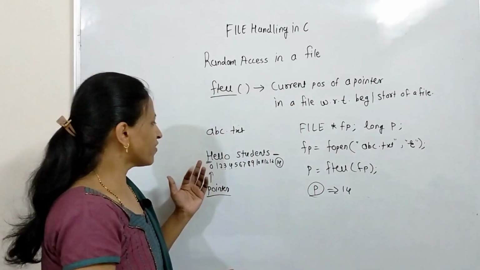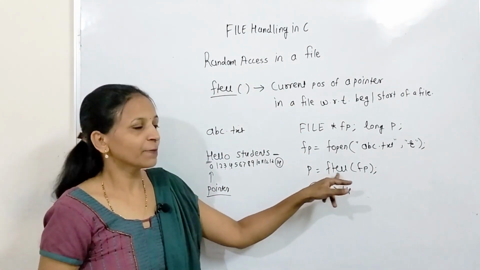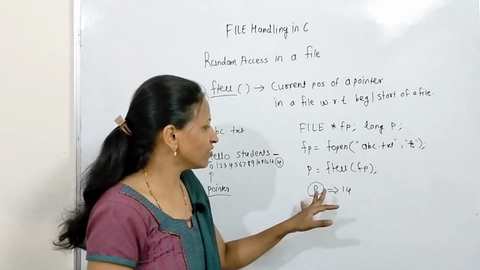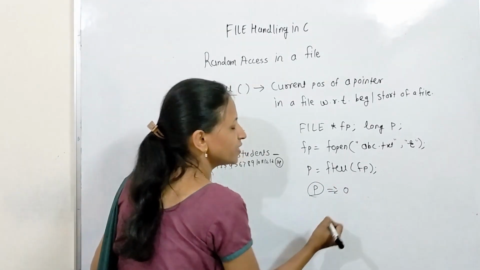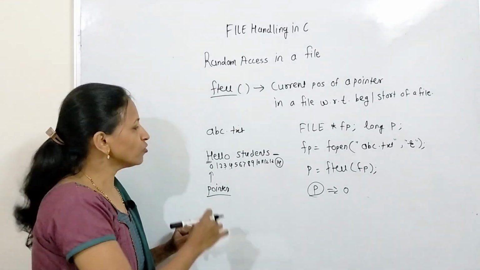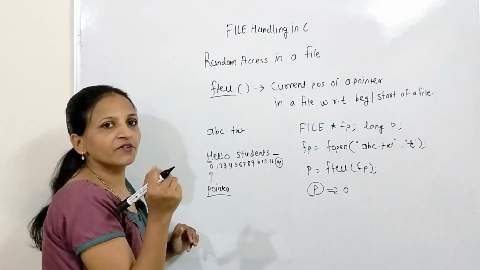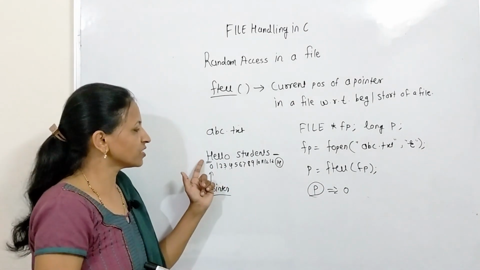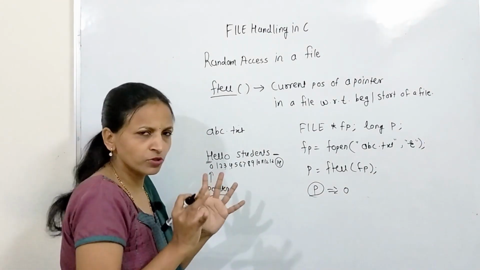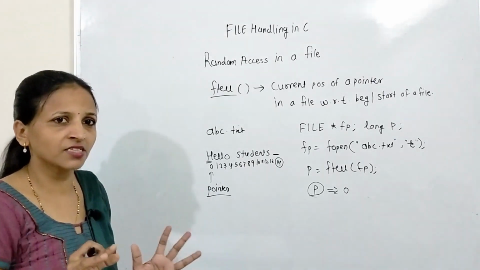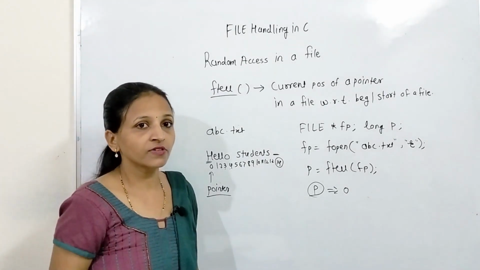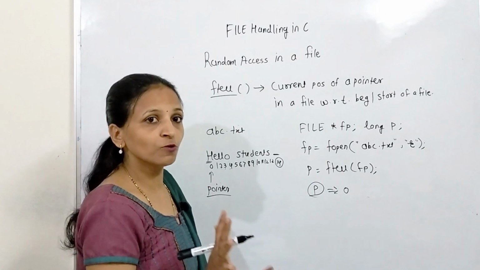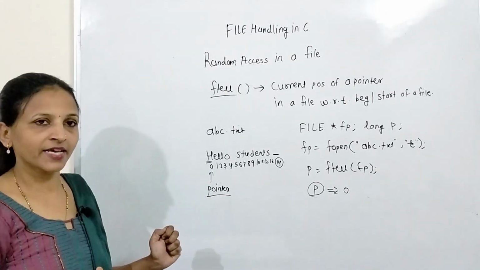Let's say we have opened the file in read mode, and if we are calling P equals append fp, we will get initially value 0 in that P. Now I want to read the character from that file, wherever that file pointer is currently pointing. Initially this pointer is pointing at the H character. I want to read that initial character inside that file. Now we have that fgetc function. We will use that fgetc function to read that character.